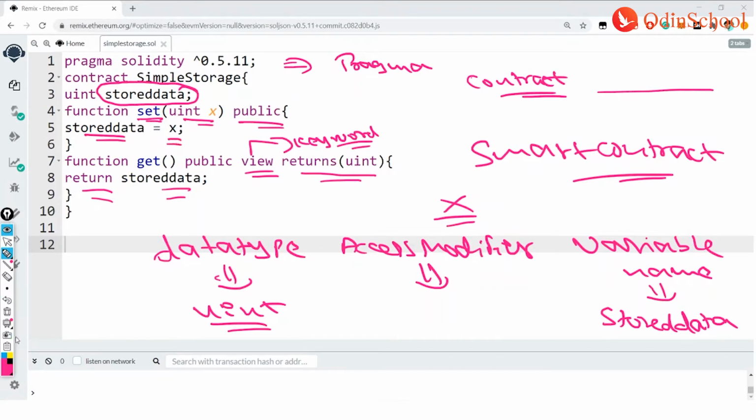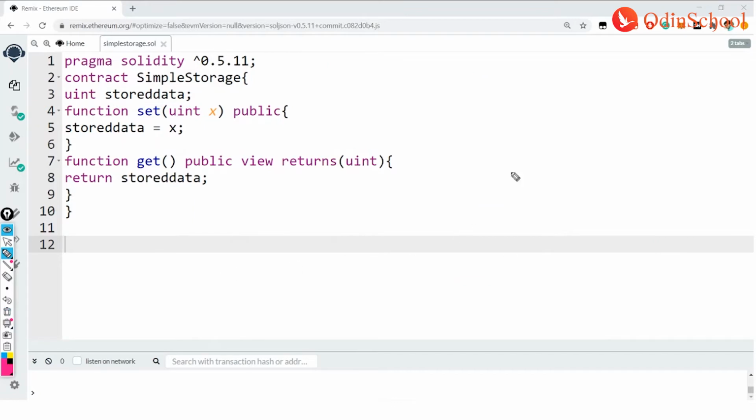Let me say that if I have passed in the set x is equal to 7, for example, now when I click on this get button, I need to see the 7 as an output. It is the most important thing which you need to understand. Here there is x which is 7, and then when you click on this get, then you will be getting your 7 as an output.